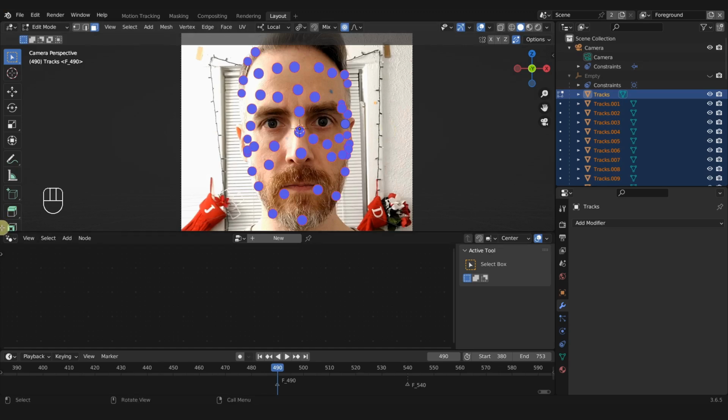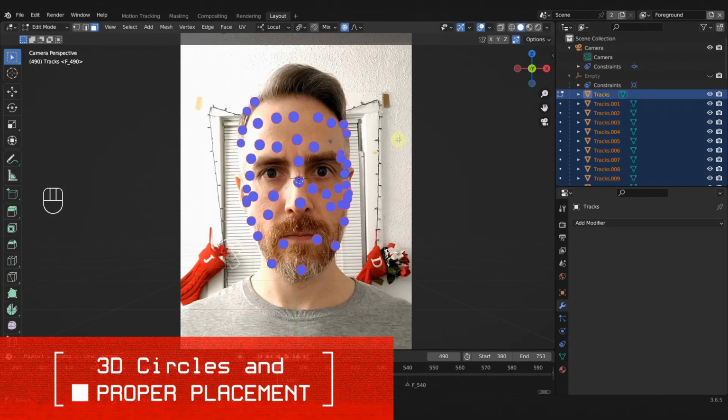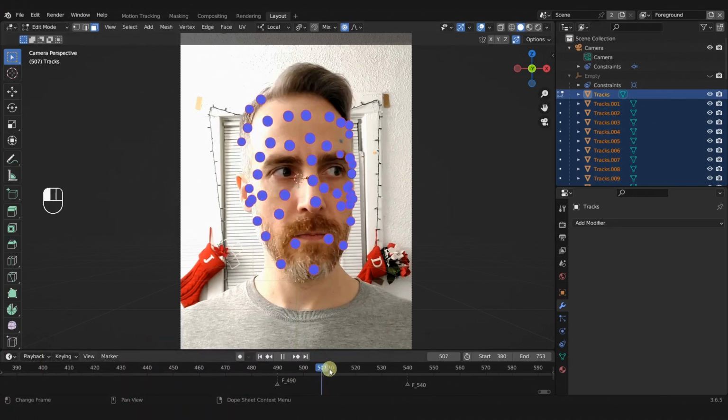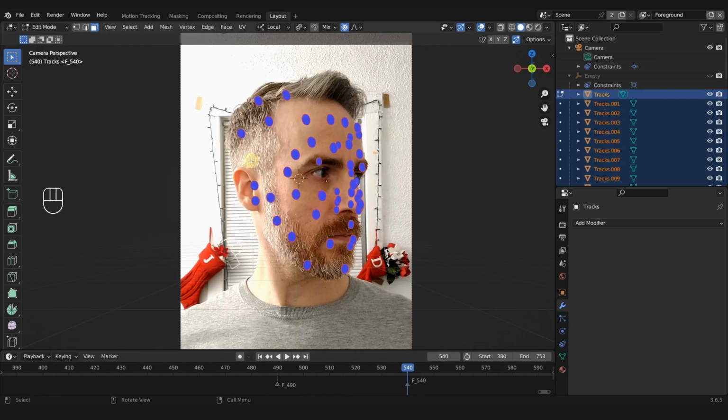So we don't need the geometry nodes anymore. But of course, we don't want all of these facing the camera. We want them to conform to the face. So let's go over to our frame 540, and then we can select them and start to rotate them. I'm going to start getting rid of some of the ones that we don't need. These were trackers that didn't have actual painted markers. So let's delete those. The way I like to do this, if you double tap A to deselect everything,